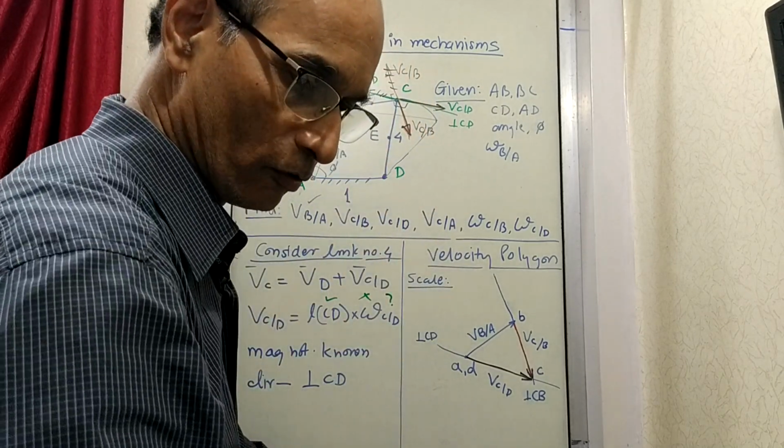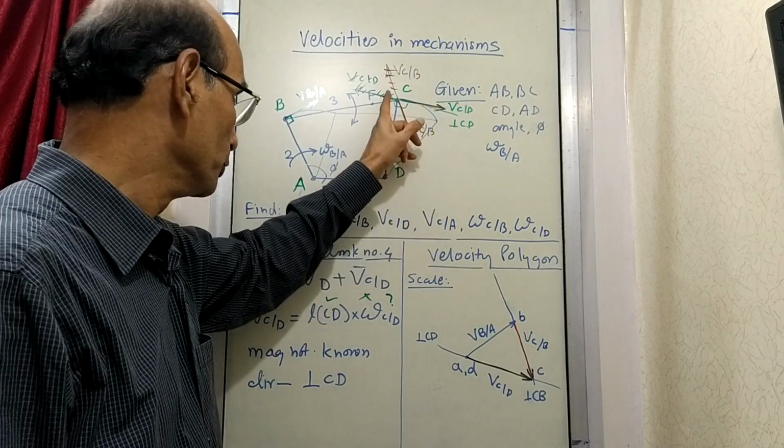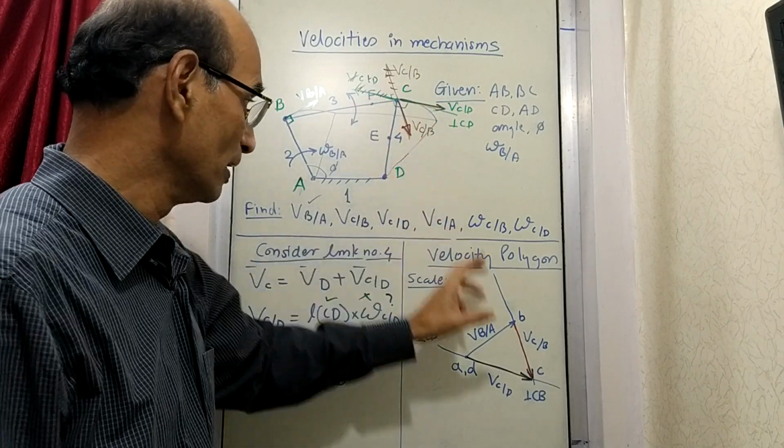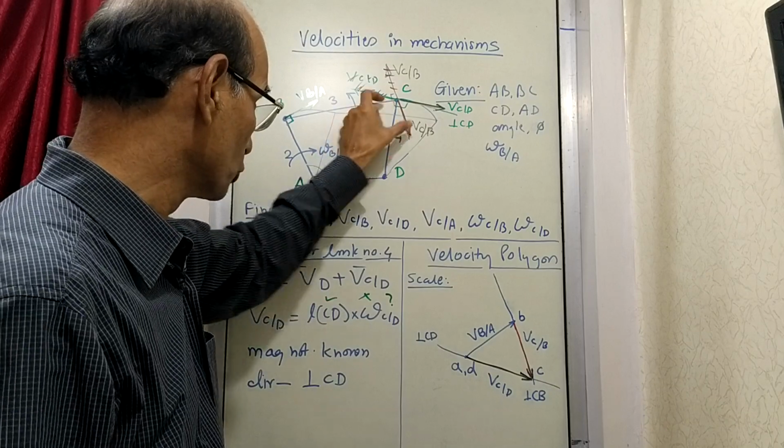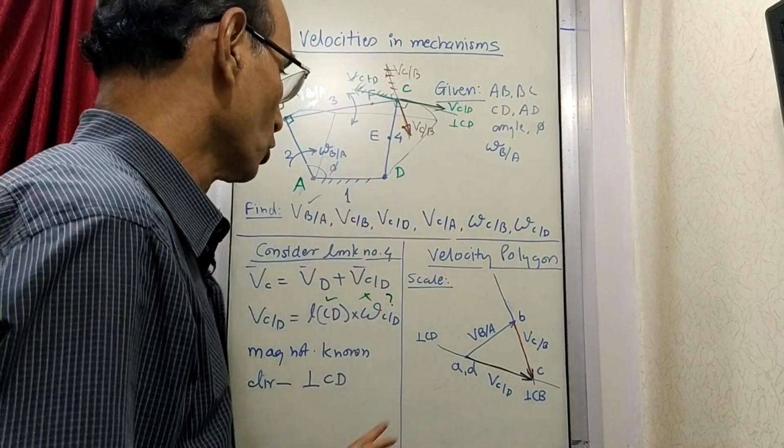Now I am right now explaining, so I have shown this. When you solve this problem, you don't have to show this. You have to just draw the lines, and once it is final, then you have to show the final vectors, and then name them also. So we got the answer.